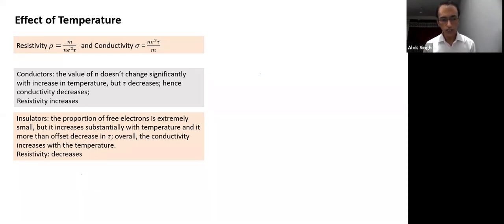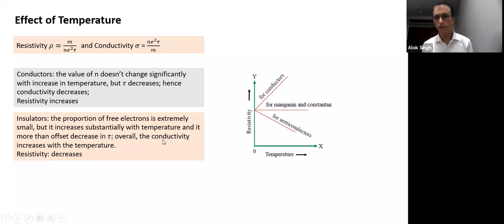Or resistivity, so conductivity increases with temperature, the reverse. And there's a reason also why they are in the opposite direction. If I draw resistivity with temperature, there are a few materials which are so well balanced that these two tend to cancel out each other. Those materials are manganin and constantan. Constantan, I think the name has been given because its resistance remains constant. So if I use this material as a resistance, even if the temperature changes, resistance will not change.